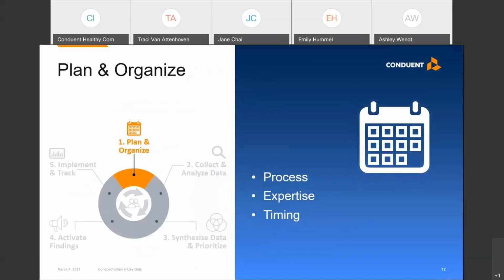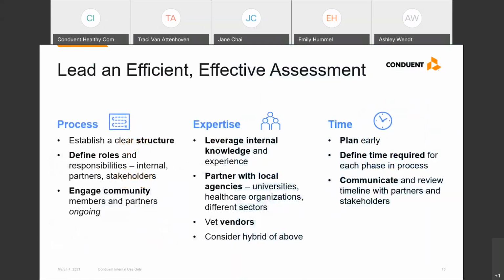So let's take a deeper dive now, and we're going to start off in this first phase of planning and organizing. It's in this phase where relationships with our partners are so important. It's as important as that continual community engagement that we emphasized at the beginning of the process. It's important to nurture relationships with partners to build trust and uncover shared goals and objectives. These relationships can also be very beneficial when unforeseen circumstances hit your community, like a pandemic. I'm going to turn it over to Ashley now and ask her to tell us some of the experience she's had recently out in the field.